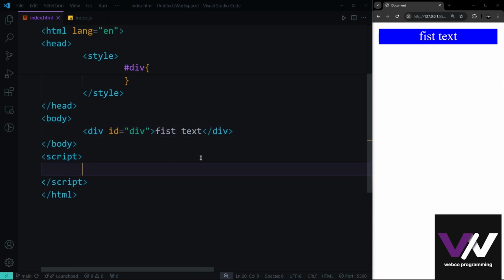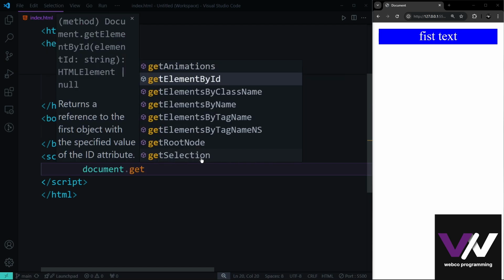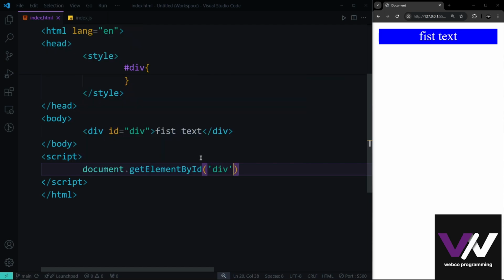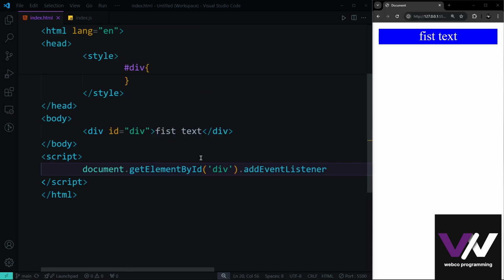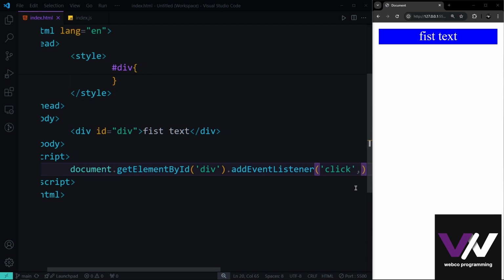So here, let's select our div first. So we use document.getElementById. The ID is going to be div. And here we have the method addEventListener. And this is going to be a method which takes two parameters from us. The first one is the event, and the second one is the callback function that we want to run whenever that event has occurred. So let's say here we want to check for click right here, and then after this